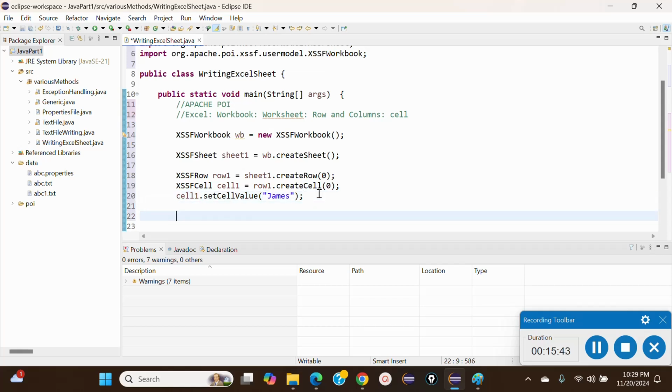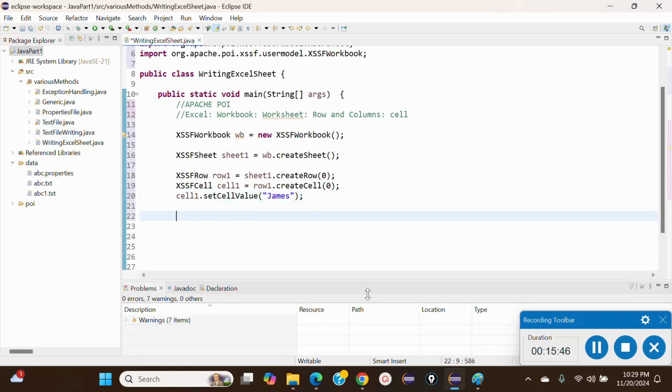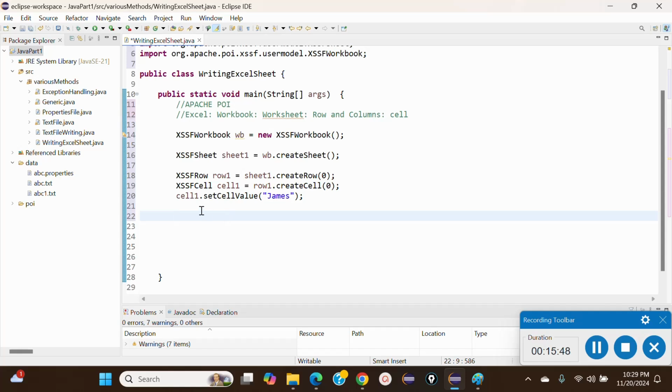For any file, the most important thing is to create the path. And as we are writing this file, we can take the string as path, and we can give it a value. We can initiate it with the path value. And what should be the path? We are putting all our files in this data folder. So we can simply say data, and 2 backward slashes, and let's say I want the xyz file,